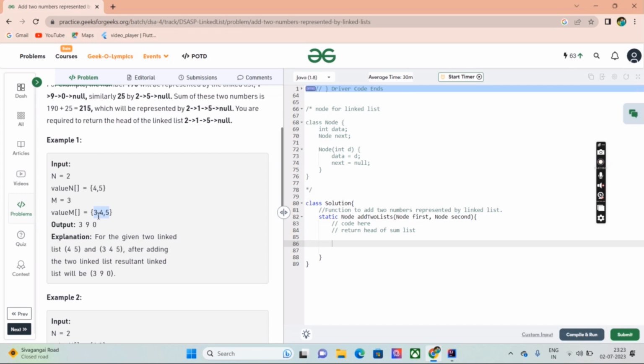For example, we have 3, 4, 5. We are going to reverse this as 5, 4, 3, and then reverse the second linked list as 5, 4, and then we are going to add them digit by digit. If we add 5 plus 5, we get 10, and we are going to create a carry variable. We keep that